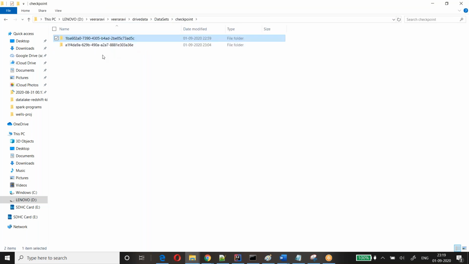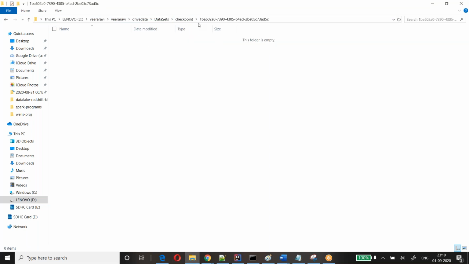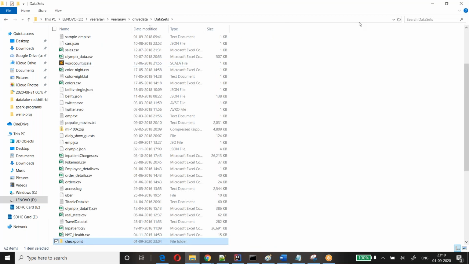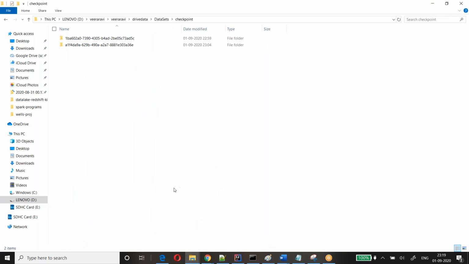Nothing is stored, just created that information. It created some numbers, I'm not really sure. And one more doubt is that since it is local, it should be non-local. Normally it should be HDFS or something. Maybe I have given the local file system. Maybe that might be the reason also.